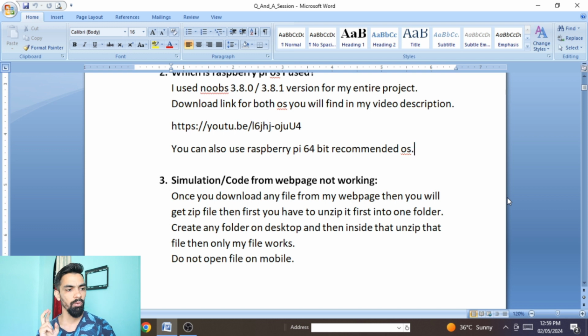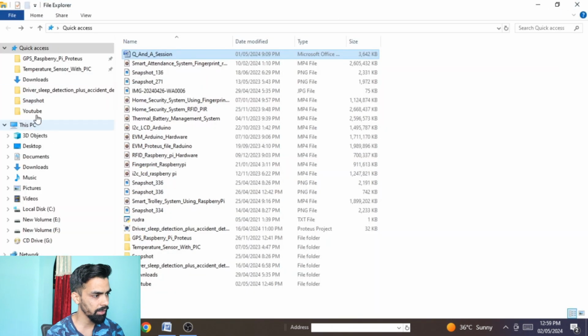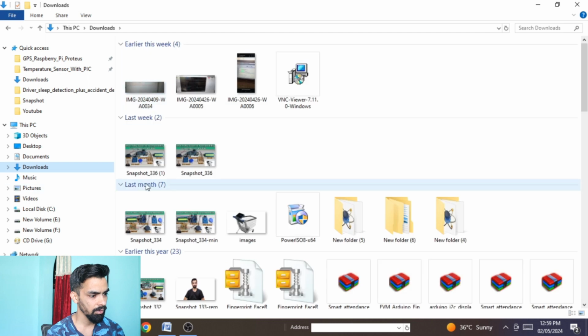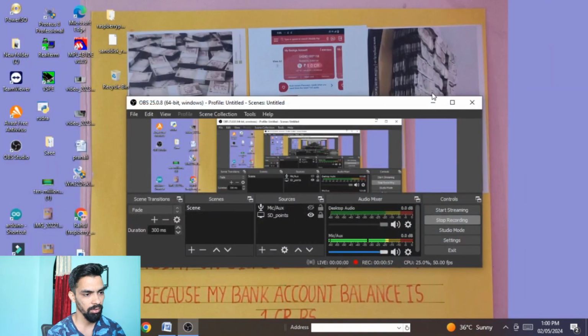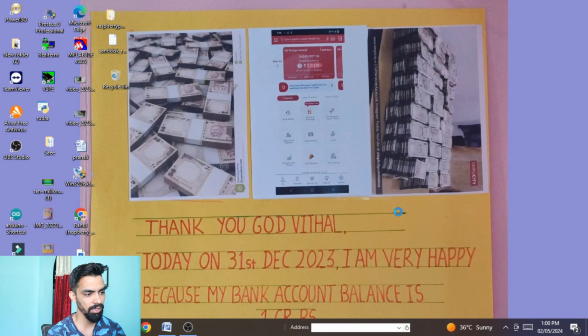The second wrong method is with how you handle a downloaded project. I can share my screen. When you download any project from my website, let's take this one, the face fingerprint attendance system, and click on the download button, you will get a zip file. What you have to do is first create one folder, say on the desktop or anywhere.